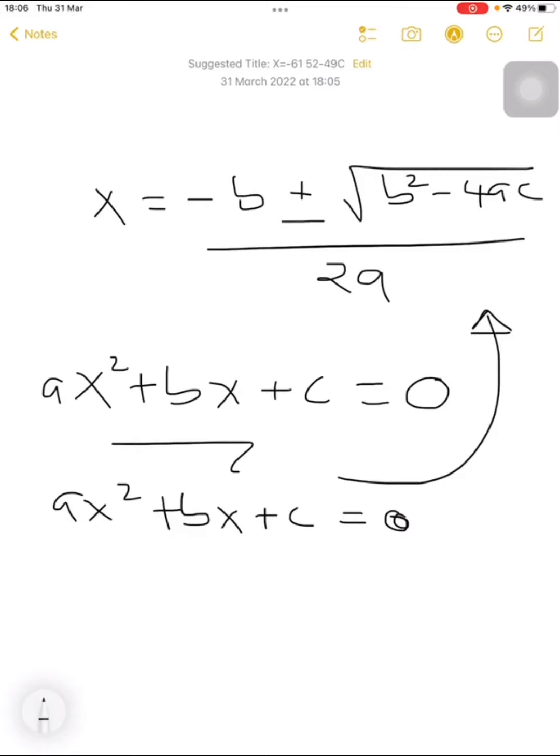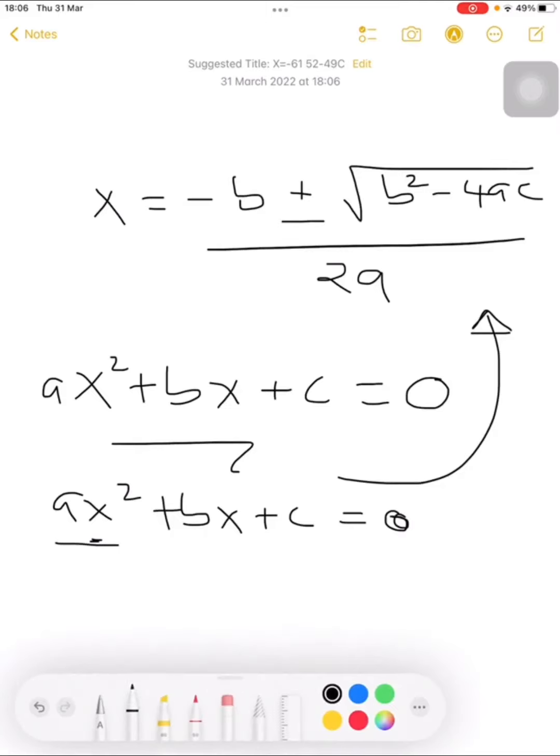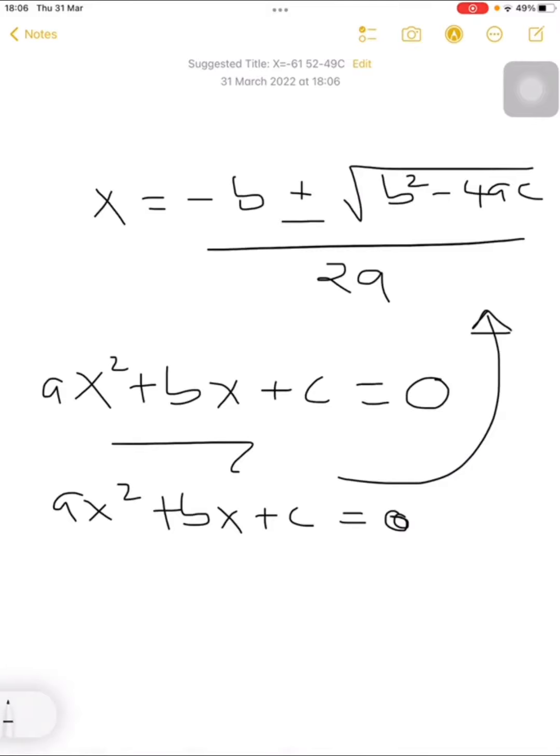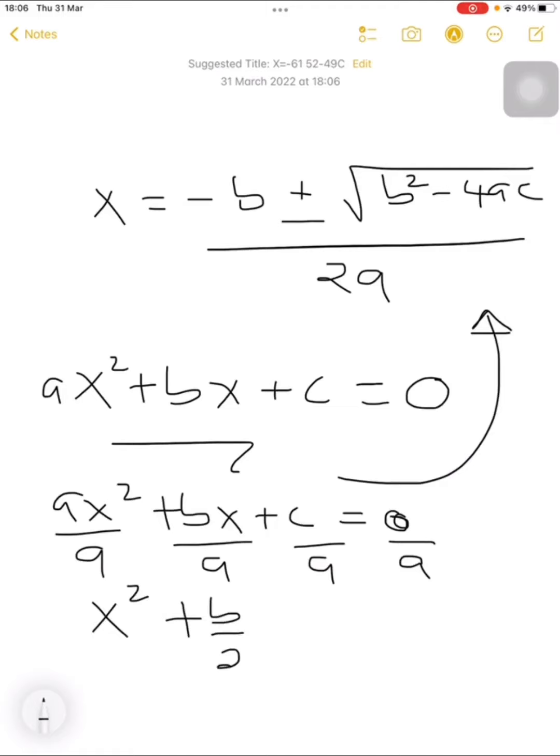The coefficient of x squared here should be 1. So for us to make it 1, we have to divide everything by a. Okay? So here we'll have x squared plus b over a x plus c over a